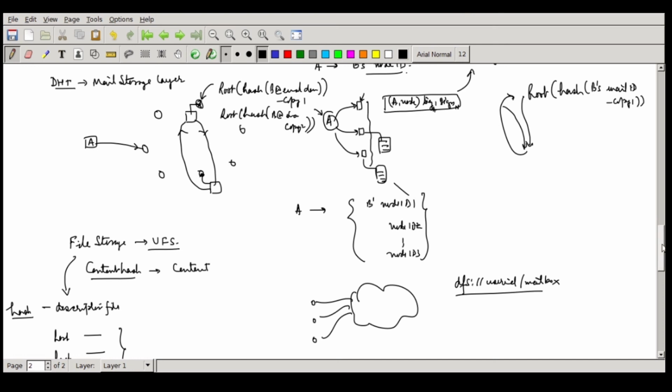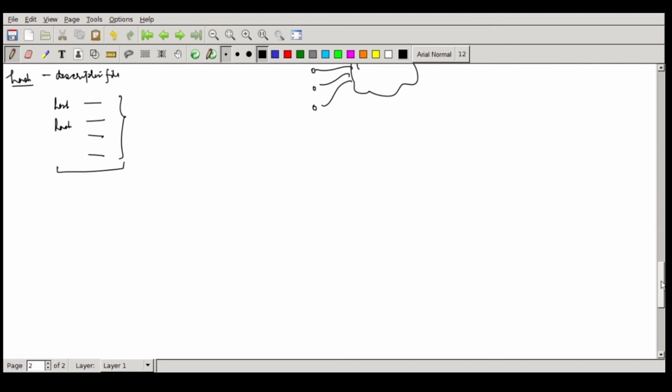Now regarding how the message is going to be encrypted, that is another issue. Normally, how will the mail be encrypted so that no intermediary node in the mail storage DHT is able to decipher it? We know that I need to send to somebody like b at iitk.ac.in. I want to send a mail.